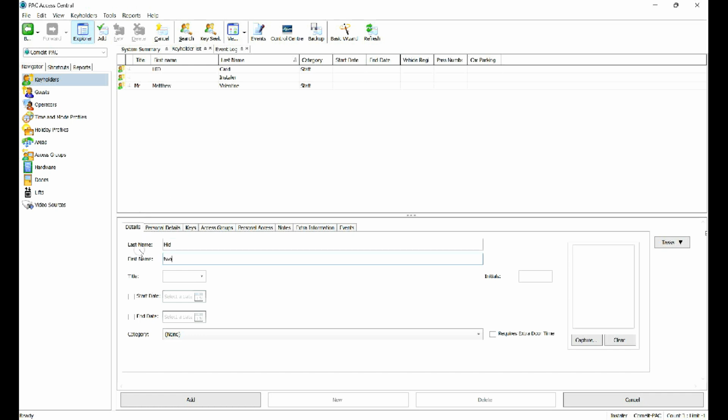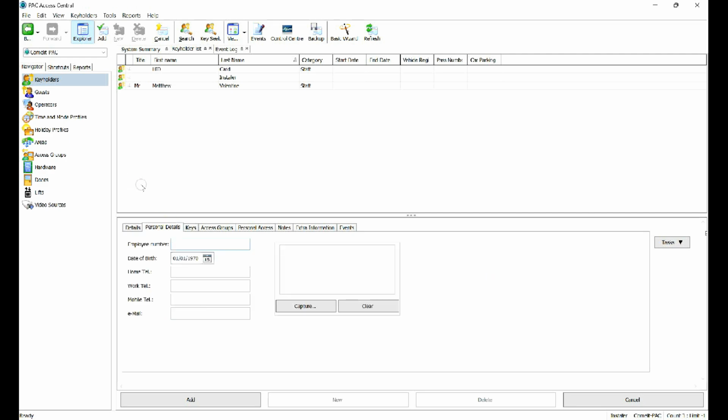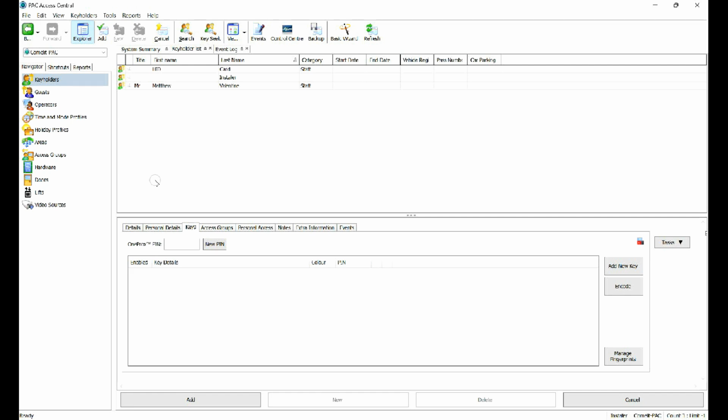And the information you need to populate there, personal details, anything you want to populate, keys, add a new key. Now this time we're not going to choose Wiegand 26-bit because that's asking for a leading site code and we've not captured that, we've just captured some raw data. So let's leave it as a proximity reader. Go on there and paste that into the box, click add,